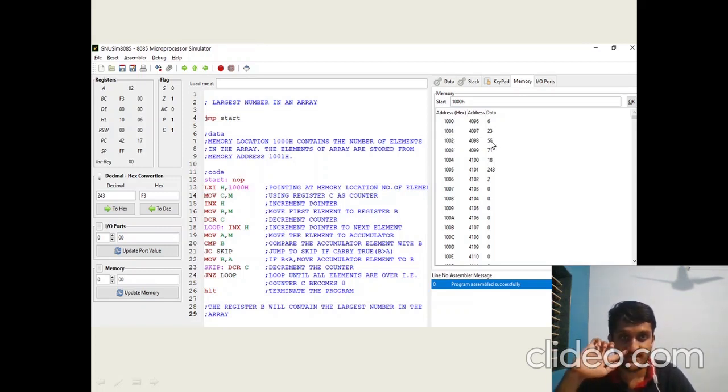Once that is accessed, we would move the content to the accumulator so that we could compare it with the content in register B.